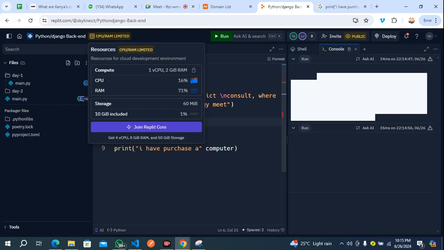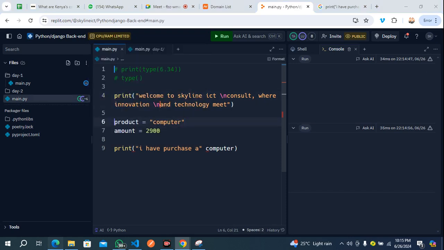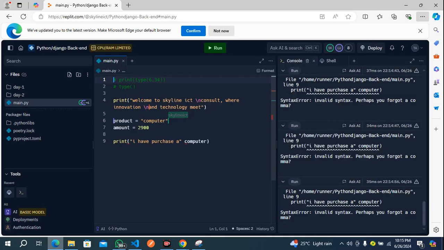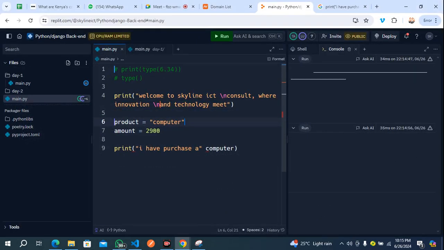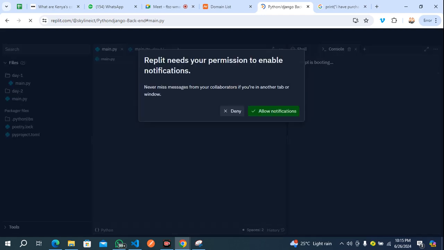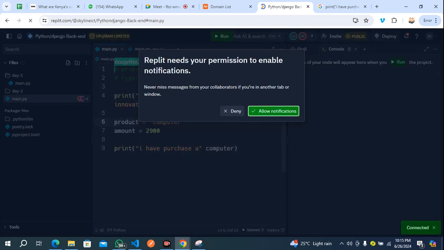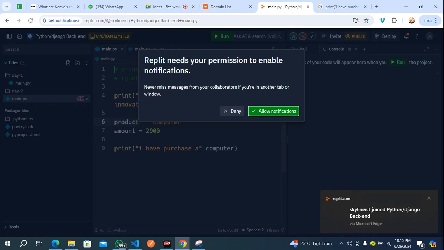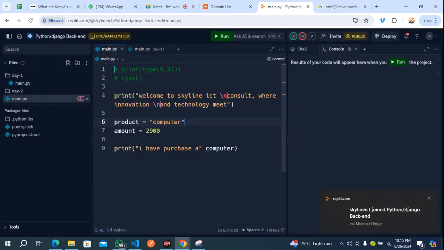Huh? It's showing. Okay, it's showing there. Okay. Maybe it's from my. Let me reload the page. Probably network issue. Okay, let's run it again.